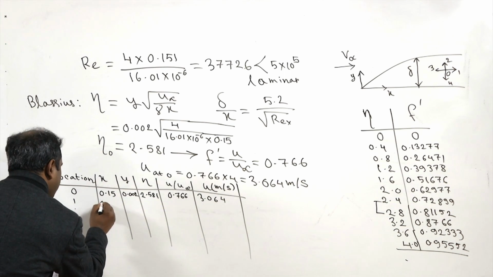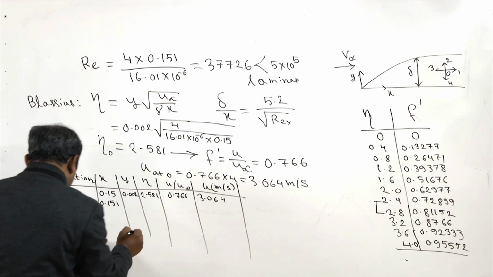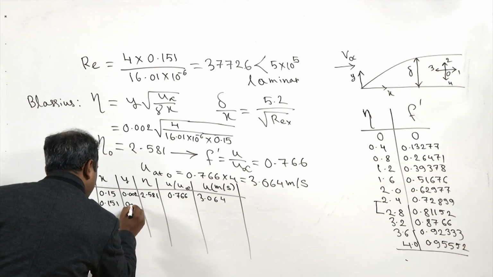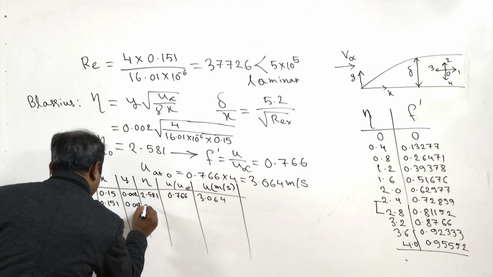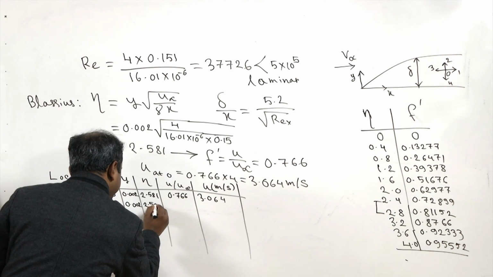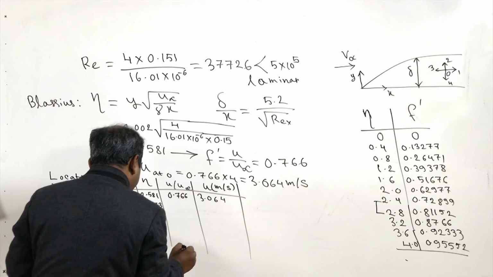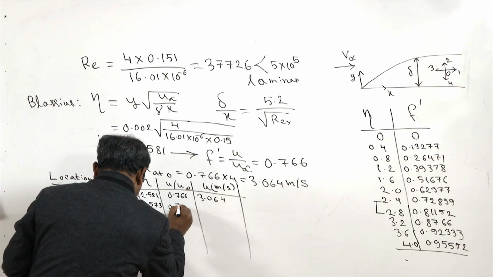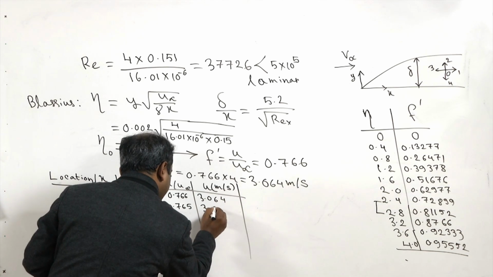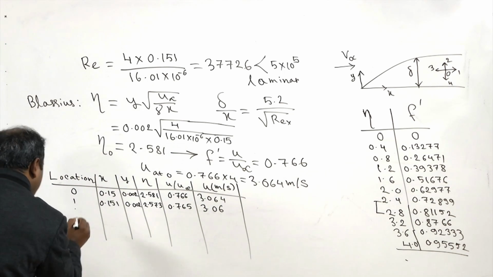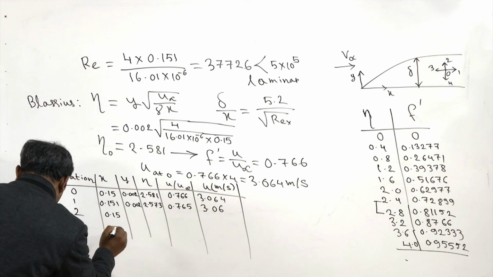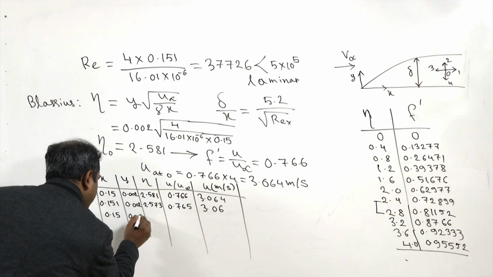For 1, x is 0.151, y is 0.002, for eta you will be getting 2.573, u by u infinity or f dash comes out to be 0.765, and finally u comes out to be 3.06. Similarly, if you do the rest at 2 position, x will remain 0.15, y will be becoming 0.003, and